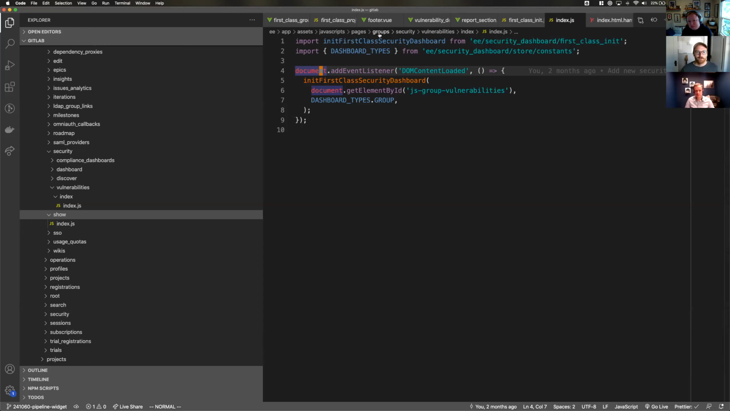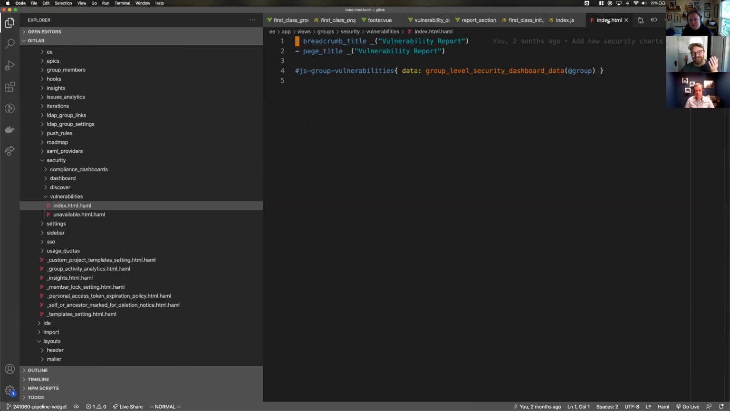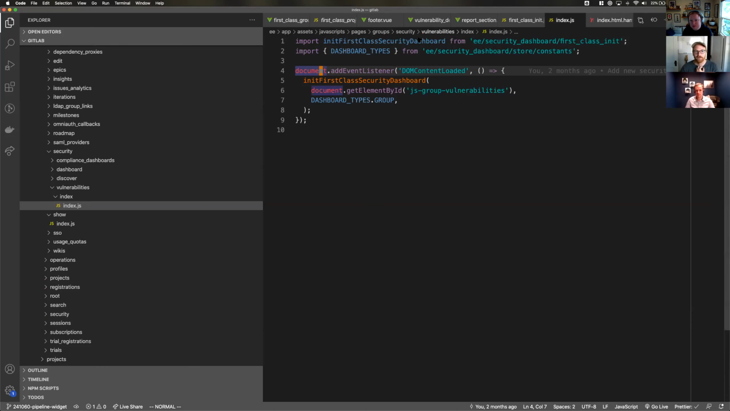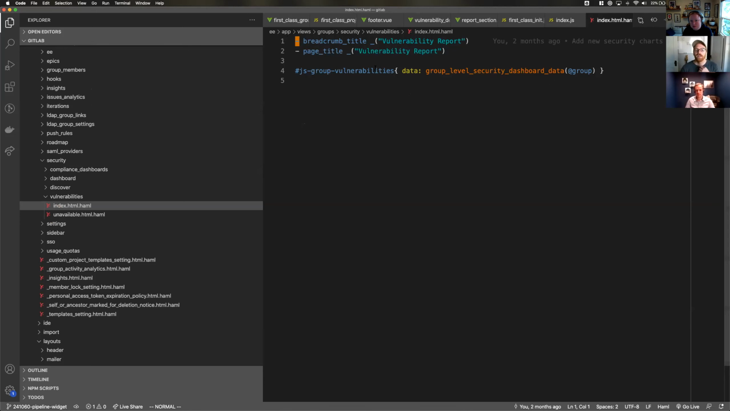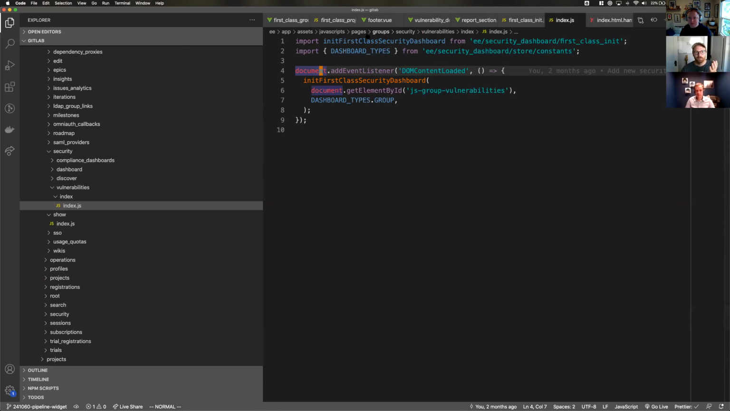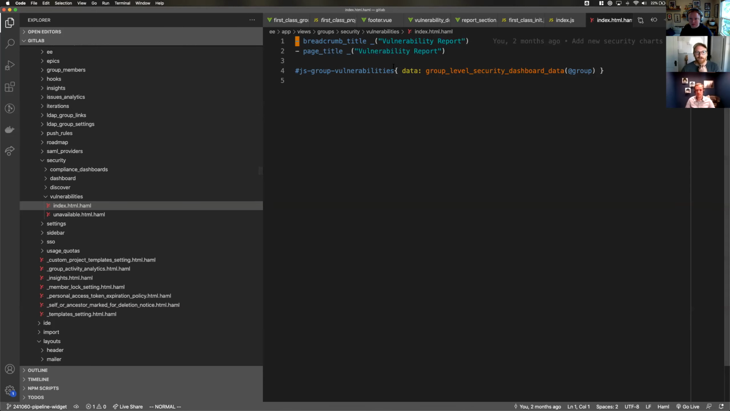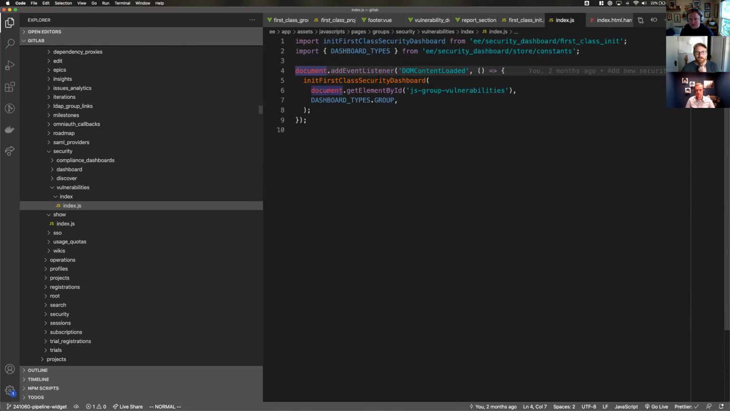So if I look here, groups, security, vulnerabilities, index, and I have this up already. But if you go to EE app views, and then there's group, security, vulnerabilities, index, you can see that these tail end paths match. This is what Webpack is doing: it's configured to look at this path and match up with this corresponding path here. And in here we initiate the init method